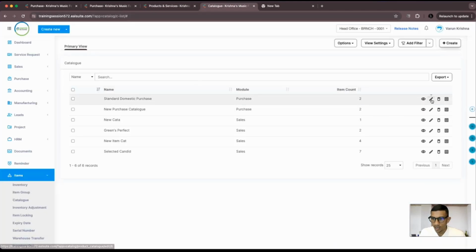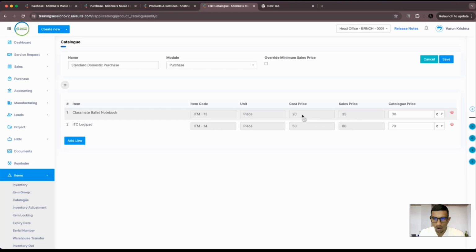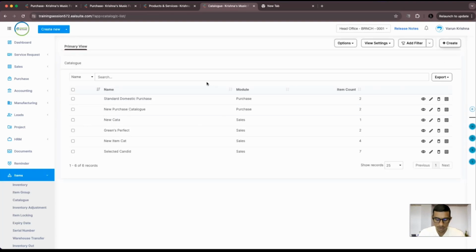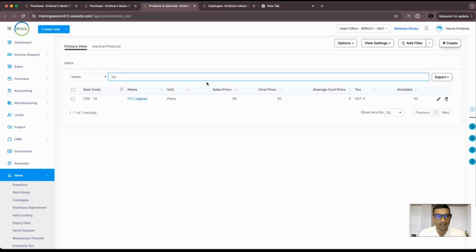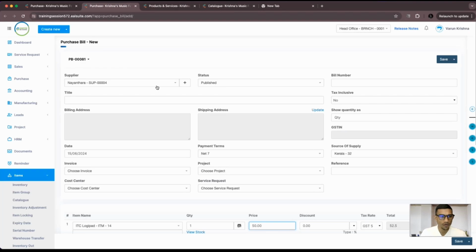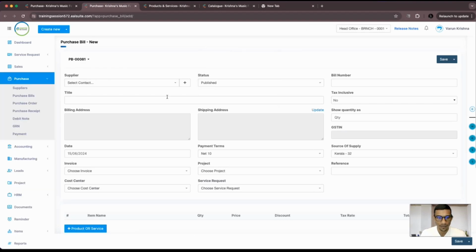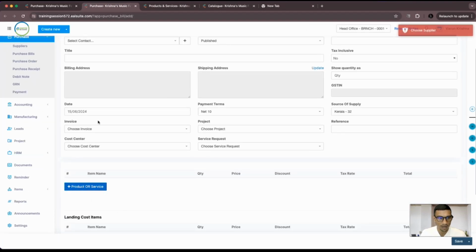It is in the purchase side, right? So I should have gone with the cost price and sales price, not like this. I should have gone with something like 15 and something less than 50. So 40. I'm getting it from a discounted price. That should be the use case, not on the sales side. Right now we got, so again, if we reload this page for Nayantara